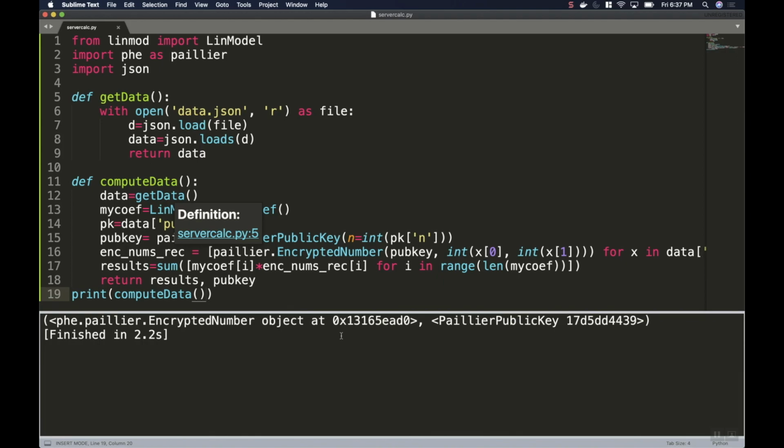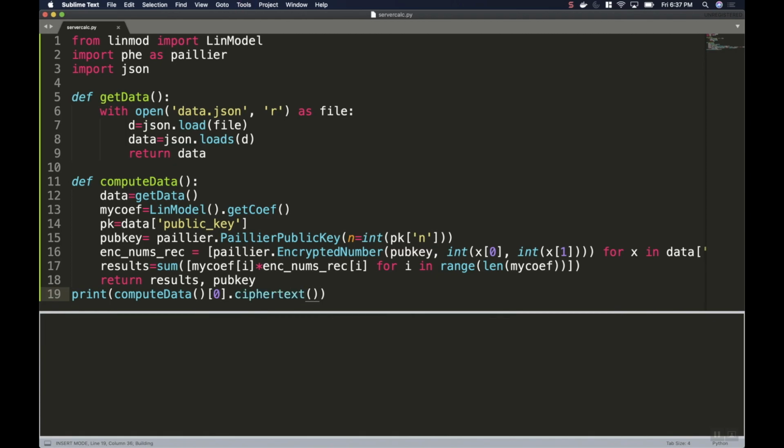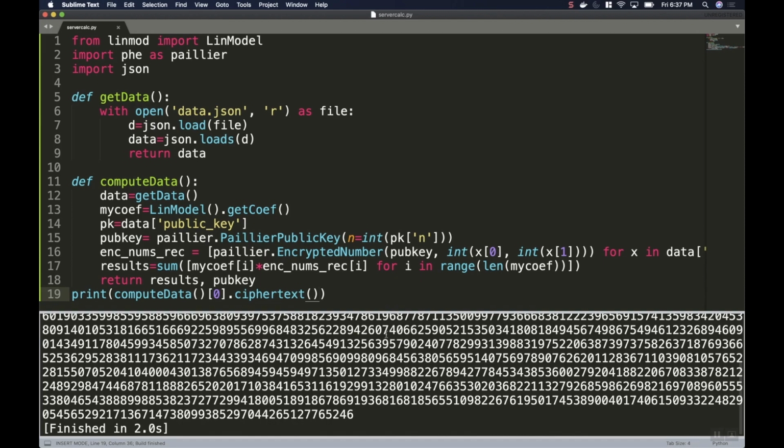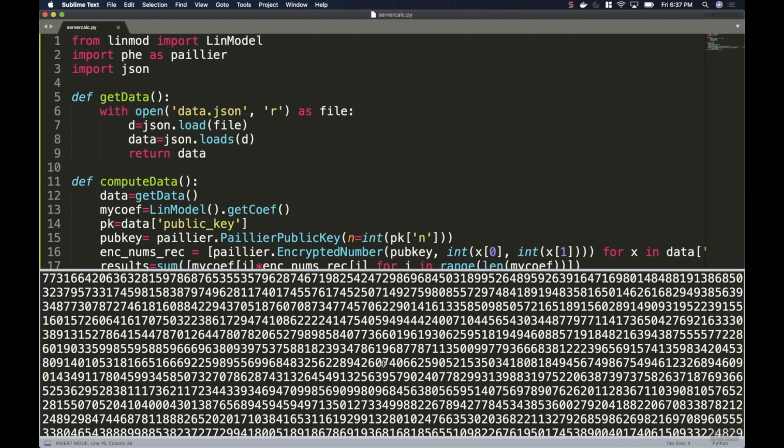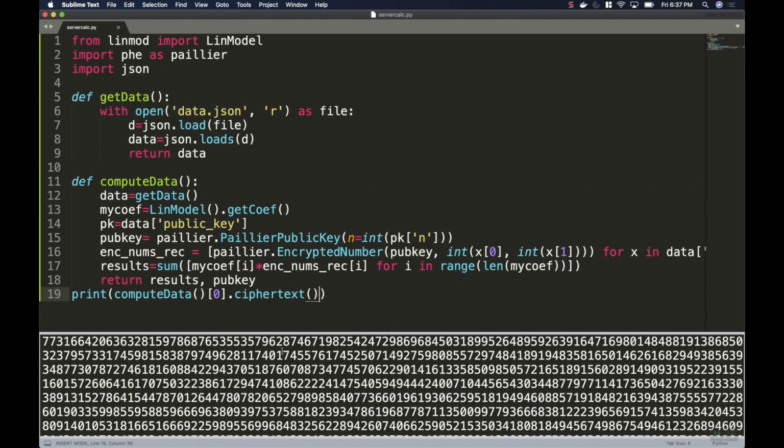So now let's go ahead and get the ciphertext of the actual results that we generated, in which case it should be just a 1-by-1 vector because there's going to be no other list elements in this because I've multiplied and added everything together. So this is the answer. Now there's no way for me to know what this even means. This is what I'm going to be sending back to the actual client for them to use their private key to decrypt against, and it should give me the answer using that regression model.